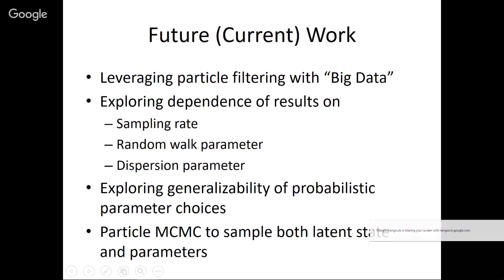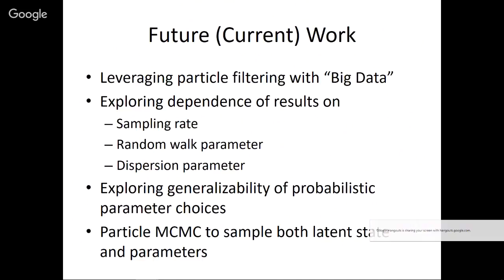One is leveraging particle filtering with elements of big data, elements of data from social media, from smartphones, from things like helpline calls, Twitter data, from searches, etc. Second of all, we've been exploring the dependence of these results on a wide variety of factors, including things like the sampling rate, the random walk parameter, etc. Exploring alternative mechanisms than the condensation algorithm, and the degree to which these parameter choices for things involving the stochastic generalize